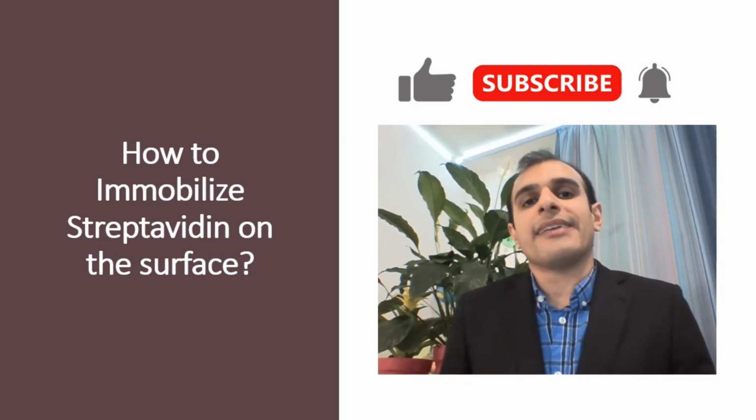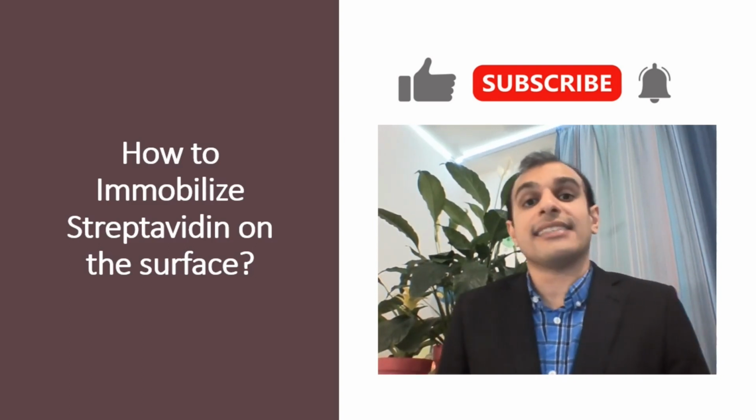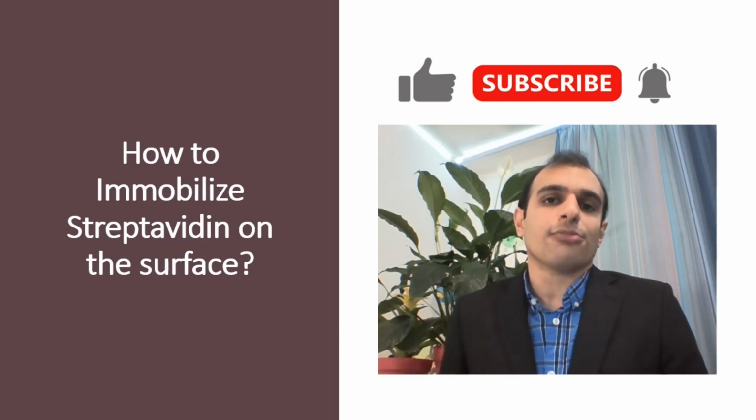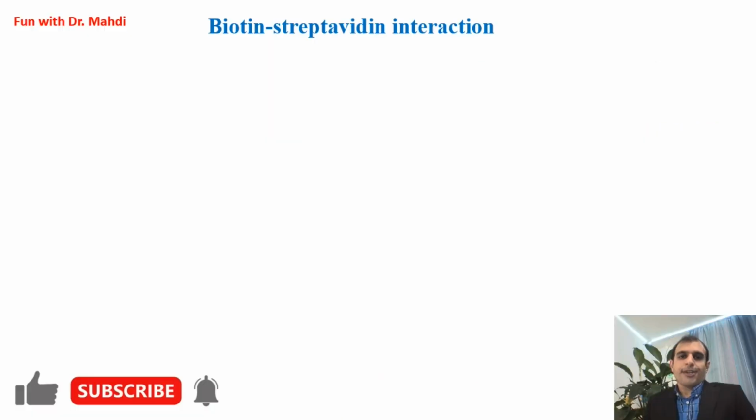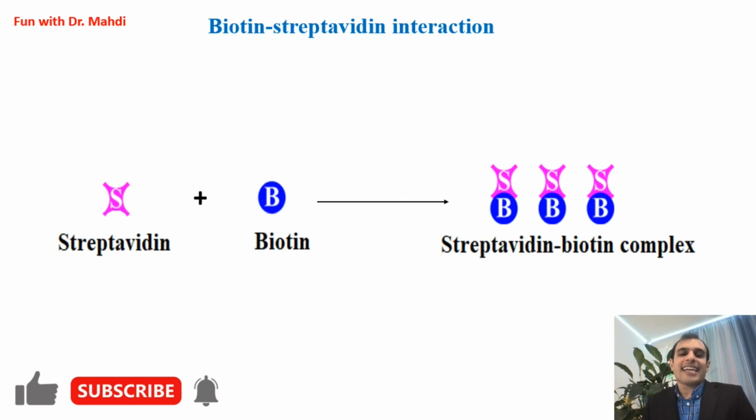But in this video, we will learn a different method for immobilization of streptavidin on the surface. Streptavidin is a protein and it has affinity with biotin. Biotin is vitamin B7. Every streptavidin has 4 binding sites for connection to biotin. I mean, 4 biotins can be connected to 1 streptavidin. Binding of biotin to streptavidin is a non-covalent interaction, and I should tell you it's the strongest non-covalent interaction in